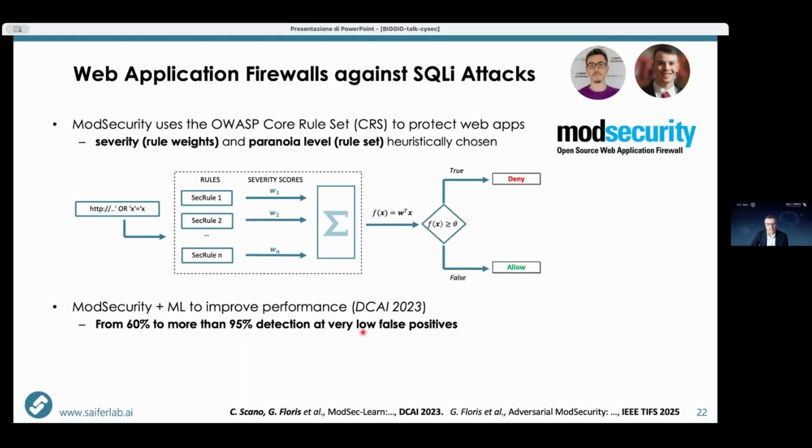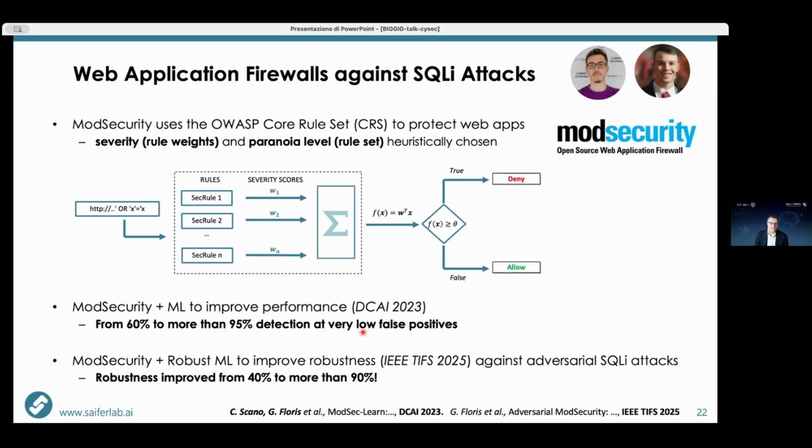Then the second thing we showed in this paper is that by applying the same idea we used for Android, so having weights that are more uniform rather than assigning a lot of weight only to a few rules, it turns out that you can increase robustness also by a large margin, in this case, against adversarial SQL injection attacks. So these are attacks where you take the input SQL query and you basically modify the query by trying to maintain functionality while being deceptive for the model.